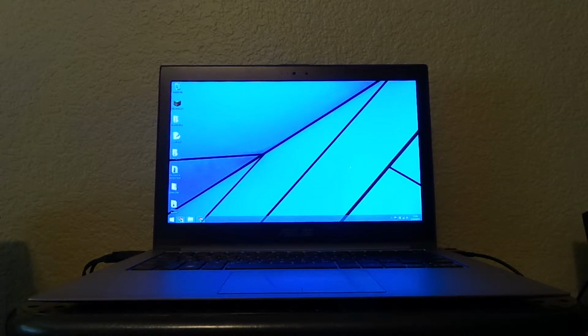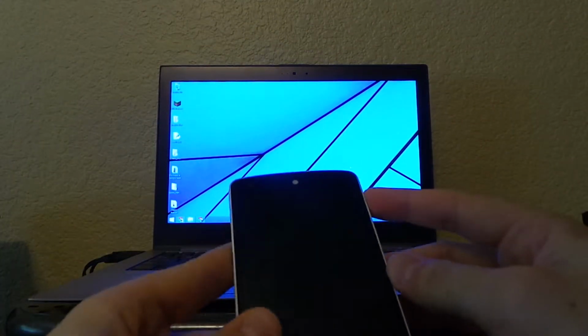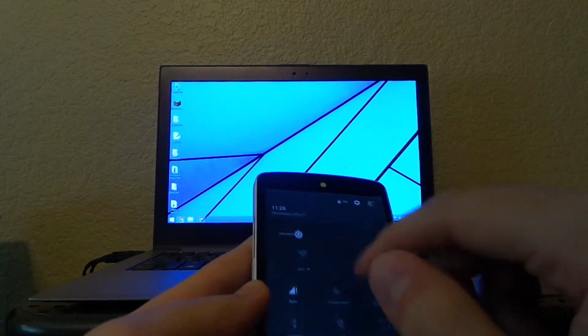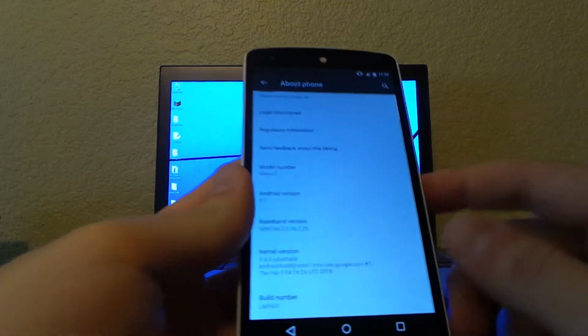So this version of Android that I have on my phone right now, the lovely white Nexus 5, and I finally got that case that I've been digging after. The version of Android that I've got on this one, as you can probably tell by the soft keys, is Lollipop, but the specific version I've got is